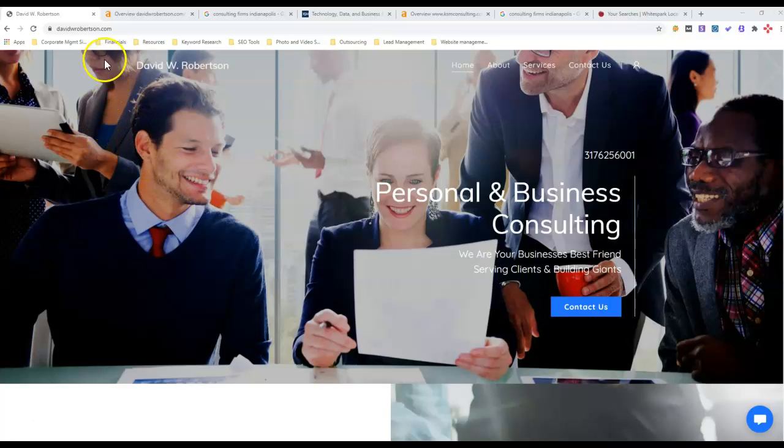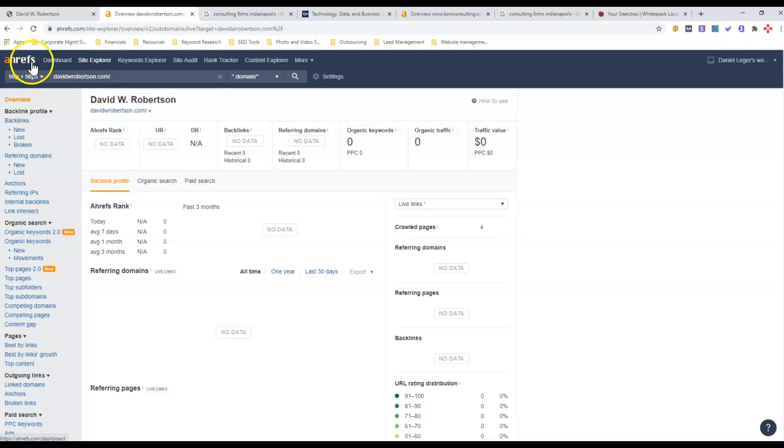So let's go ahead and take a look at your backlink profile. This right here is Ahrefs. It's a company that buys data off of Google and puts it into charts and graphs for us to make it easier to read. As you can see here, this is your backlink profile. And as you can see, it's pretty much blank. You have a website, but for all intents and purposes, it might as well be on the moon. Because unless people are typing in your address specifically, they're not finding you, at least not on Google. You have no backlinks, no referring domains, no keywords, no traffic. I'll explain what all this means when we actually look at your competitor. So let's go ahead and do that now.